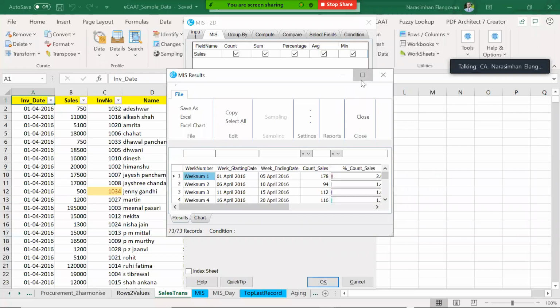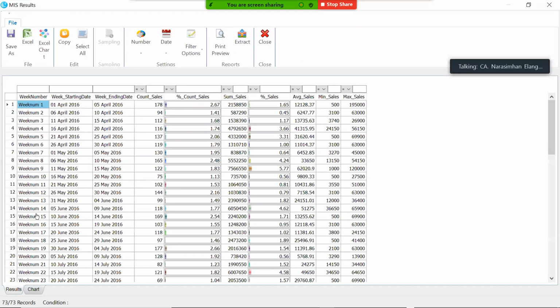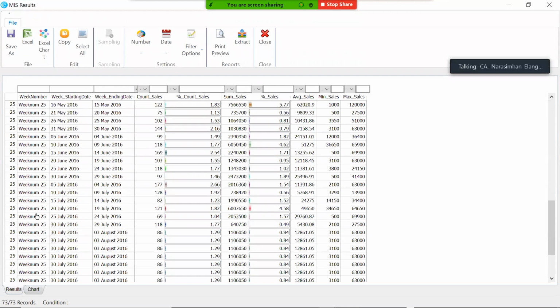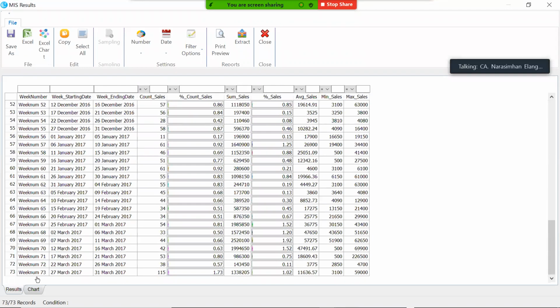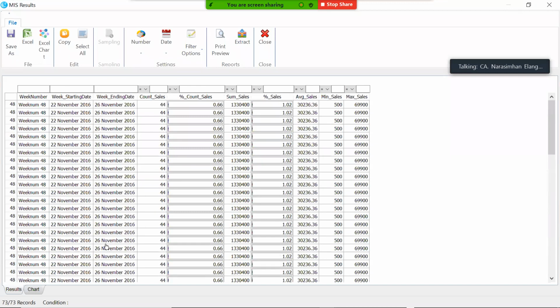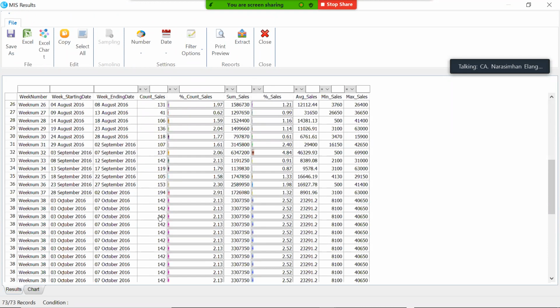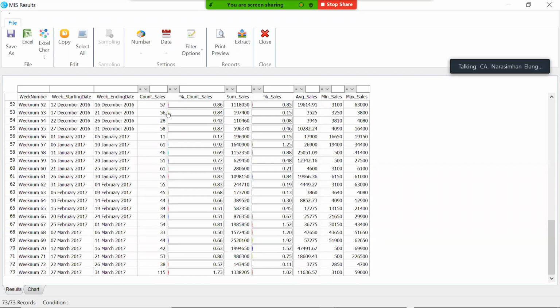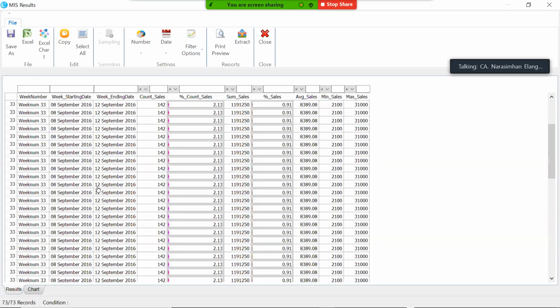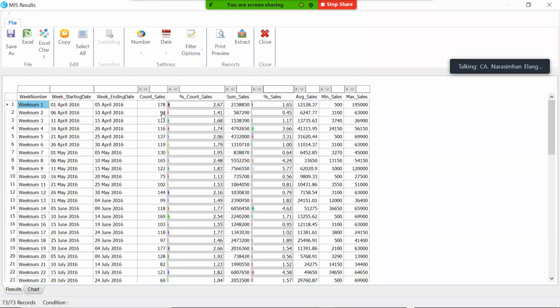Look at this. I have created a stratum of 73 week numbers based upon dates. It's basically 365 divided by 73. Now I got to know which week has how much sales. If you see the initial weeks of April, there's a lot of sales. After that, the sales are falling down. Can you get this? So I can create multiple strata based on that. I can create 7, various things like that are also possible.